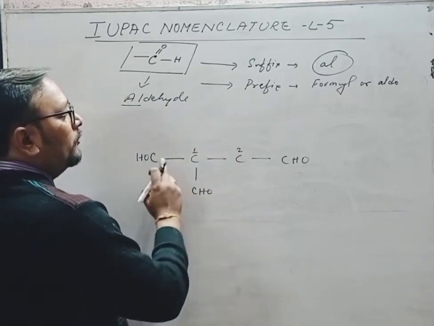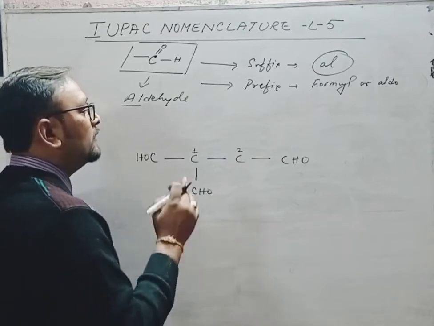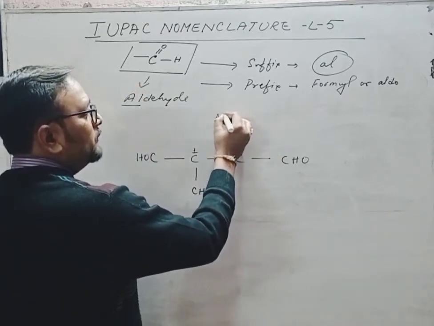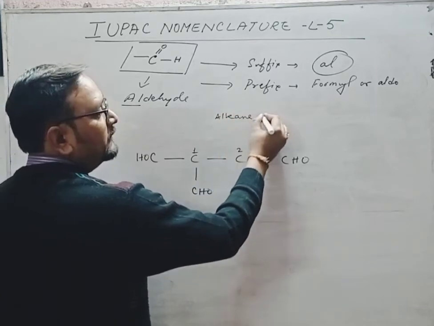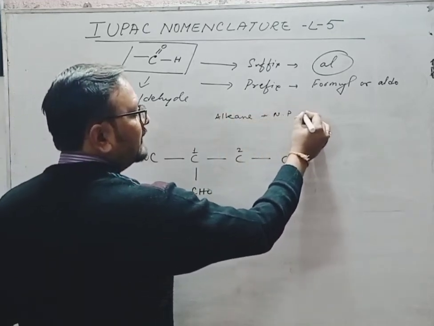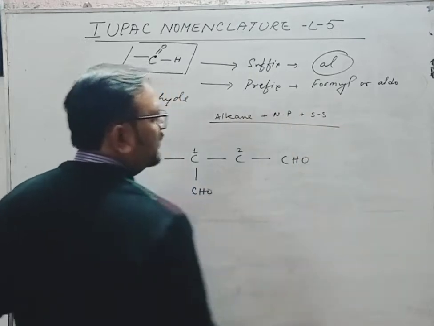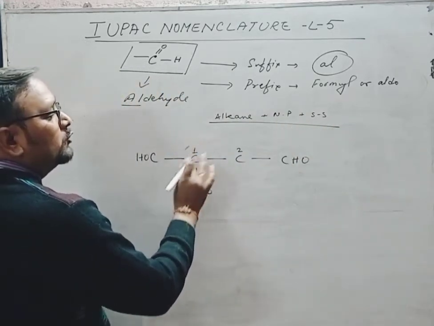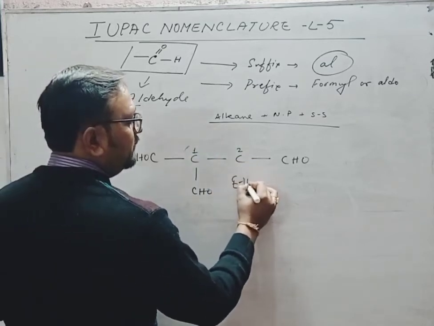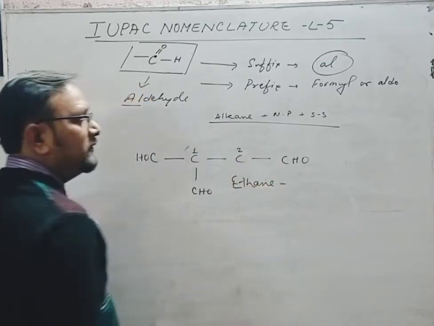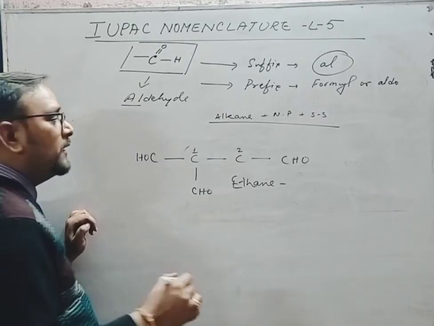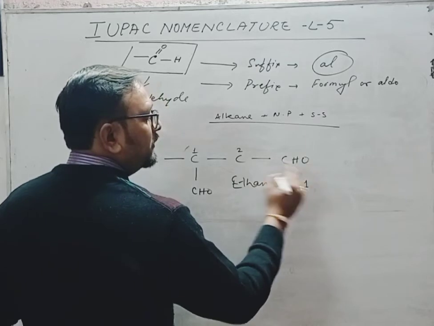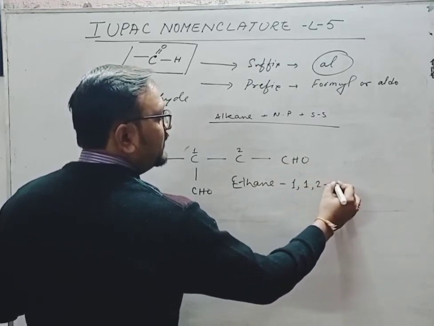Okay, so finally when you have done the numbering, what is the naming format? First you have to write the alkane, then the numerical prefix, and then the special suffix. This is the format, right? So what is the alkane part? See, in the longest chain you have 2 carbons, so I'll write ethane. I'll give a hyphen because I am going to write the numbers. So 1, 1, 2 hyphen tri,